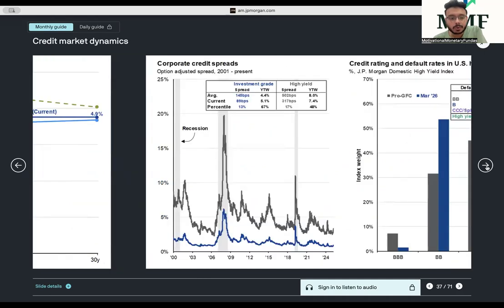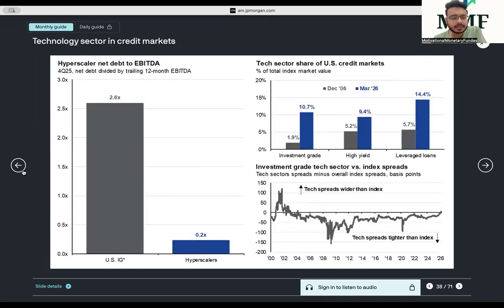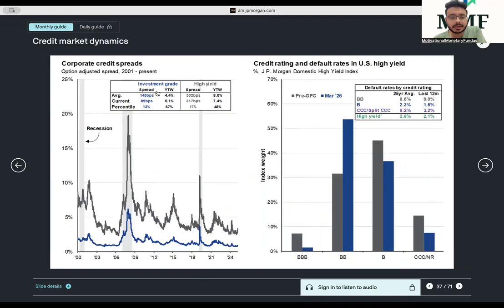But let's move ahead to the forward curve. You can read all this; this is again important. You see, the investment grade spreads have come down. Corporate credit spread is simply the difference between the corporate bond yield and a government bond yield. If a corporate bond spread is rising, it means the riskiness in the US markets is rising, right?